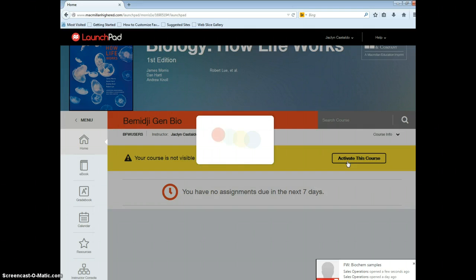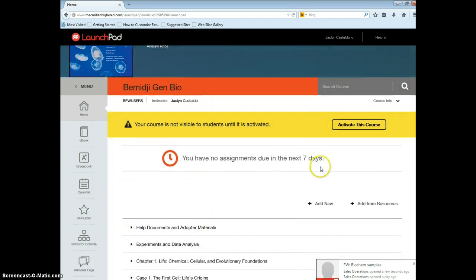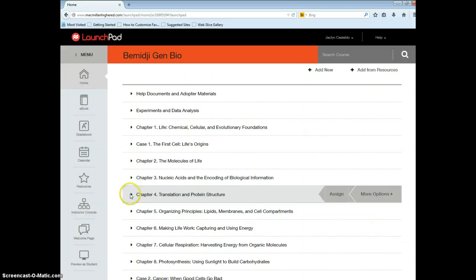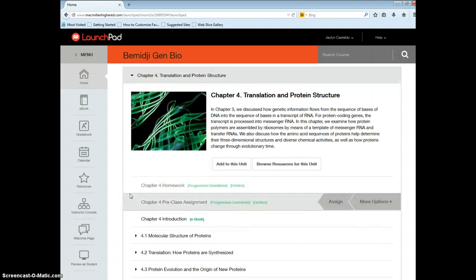When you click Enter your course, you're going to be brought to the meat and potatoes of the Launchpad. So this is where all of the content lives. And everything has been built to align with the textbook itself. And students can either purchase a package from the bookstore with the book and the access card to Launchpad for free, or if they're comfortable with just having an ebook, they can just purchase Launchpad because the ebook is loaded in here. So when you click on any of these chapters, it'll expand out to show you the ebook, but